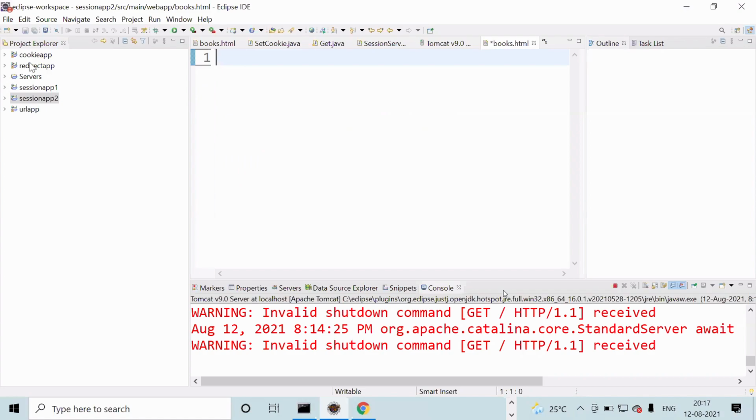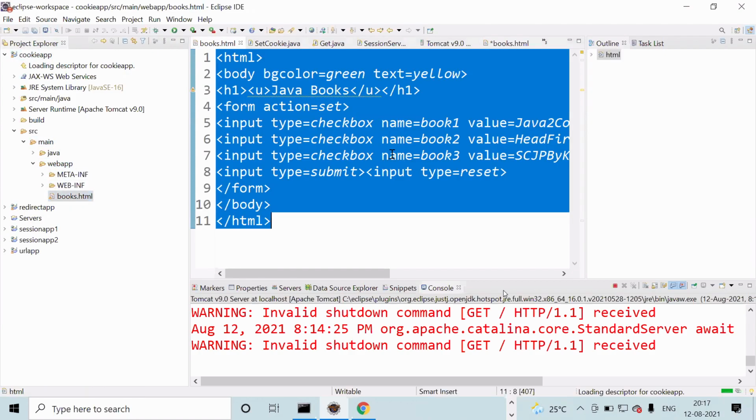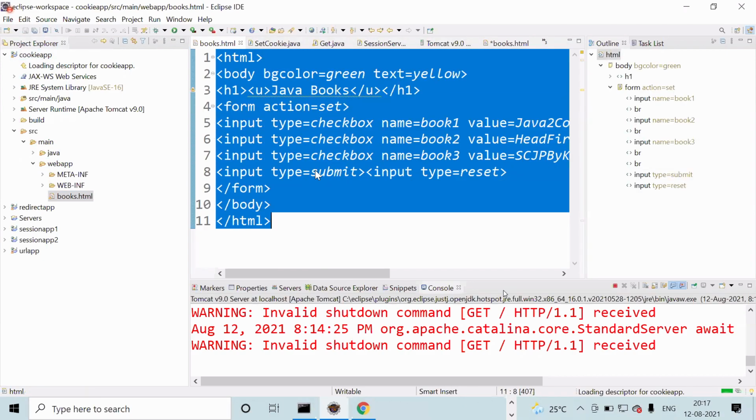Same HTML, whatever you studied in cookies, same HTML. HTML I'll not change. This HTML, same HTML I'll copy. Copy, paste in this HTML.